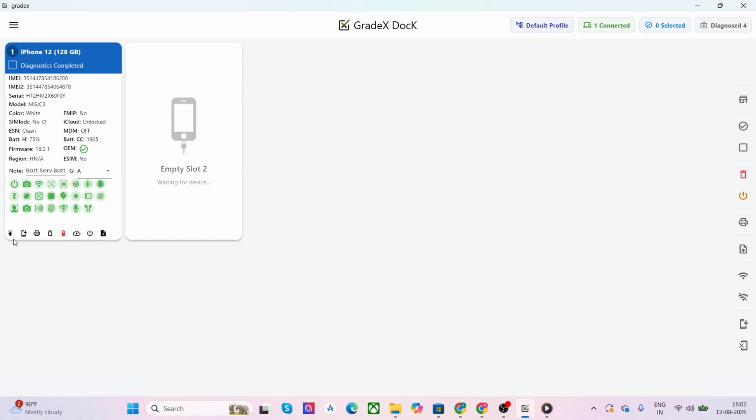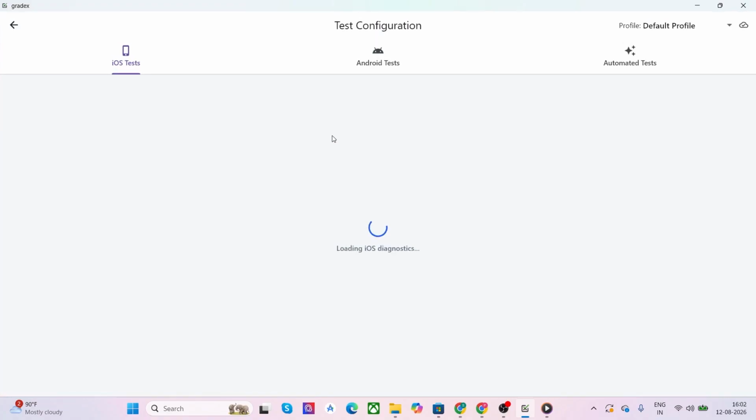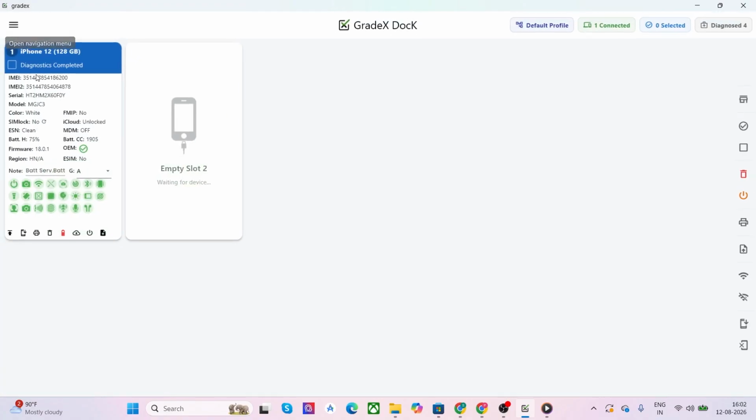After that, we have push test configuration. If you change test configurations from here and you want to perform the test with the updated configuration, you have to push the new test configuration. If you want to manually install an application, if for any reason the application was not installed, if you want to print the label, if you want to wipe the device, and this is the battery. This shows the detailed inspection of the battery,